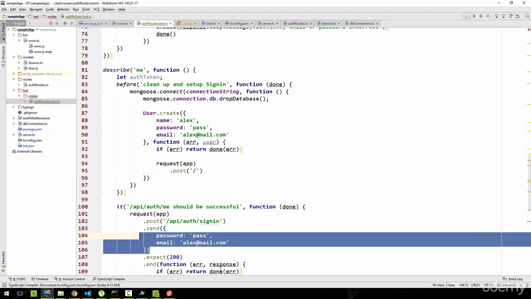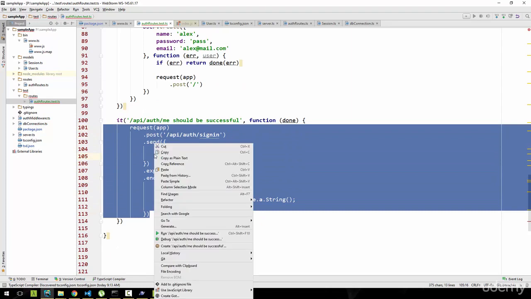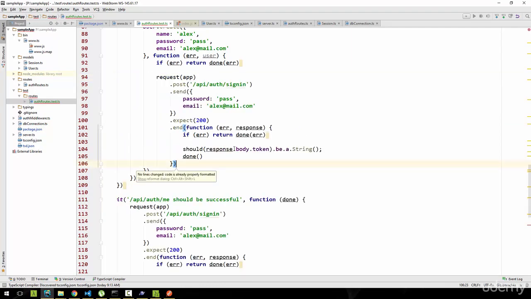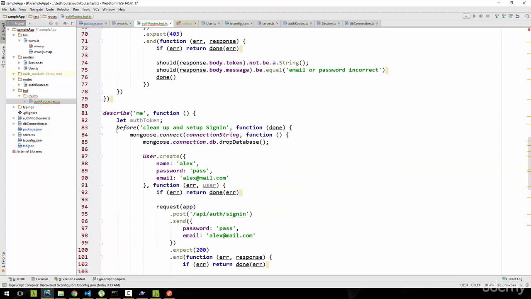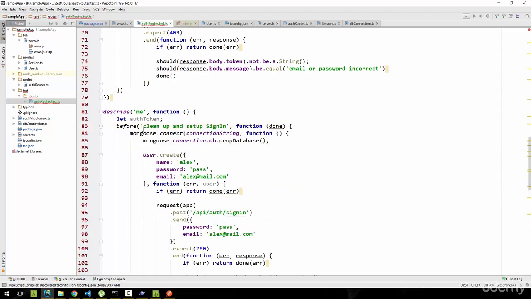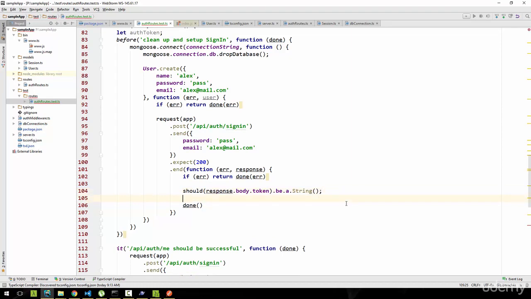So actually, to do that, we can easily just copy it here. We can actually just take this whole test, because our before block is a test, so we're just testing that it should be a string, so that our before block will be well set up. We can collapse this and focus on our me block, but we'll just set it up like that. Actually, we can just have an expect 200 and then say this, but after we assert that it should be a string, we can then set it to our